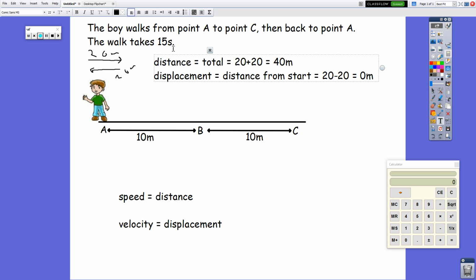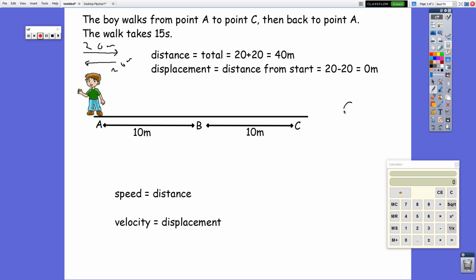Now let's move on to the speed and velocity idea. They both have the same looking equation. It's d over t. What makes them different is what d means. For the speed equation, d is distance. So we want to calculate the speed of the boy in this little trip. We would take his distance, which was 40 meters, and we would divide it by his time, which is up here in the original question, 15 seconds. 40 divided by 15